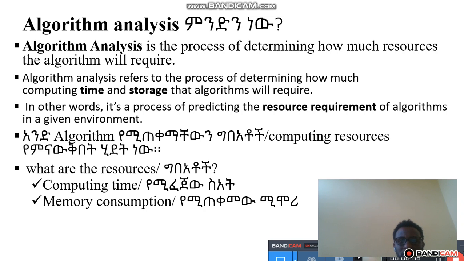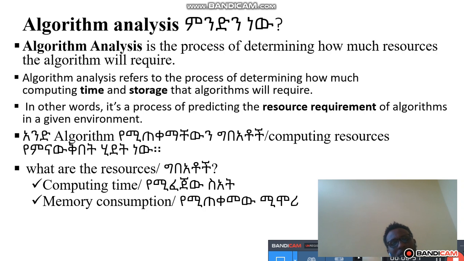Algorithm analysis is a process of determining how much computing time and storage algorithm will require. ያን algorithm solve ለማድረግ ምን ያክል የሚፈጀው ሰዓትና የሚጠቀም ሜሞሪ የምንለይበት ሜካኒዝም ምን ይባላል algorithm analysis ይባላል in other words it is a process of predicting resource requirements of algorithm in a given environment